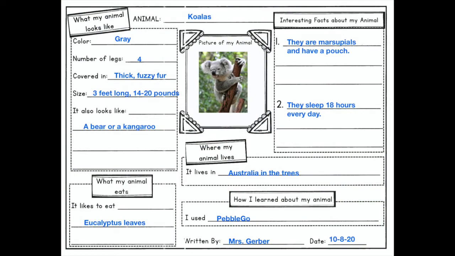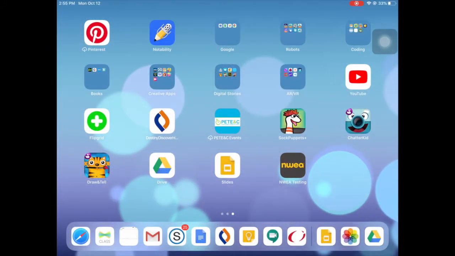The first thing you're going to need is this sheet. Remember, this was your animal research graphic organizer that you filled out in the last lesson. So make sure it's either saved in Notability, or if you have the paper version of it, that you have it in hand. After that, the very first thing you're going to want to do is get started with your